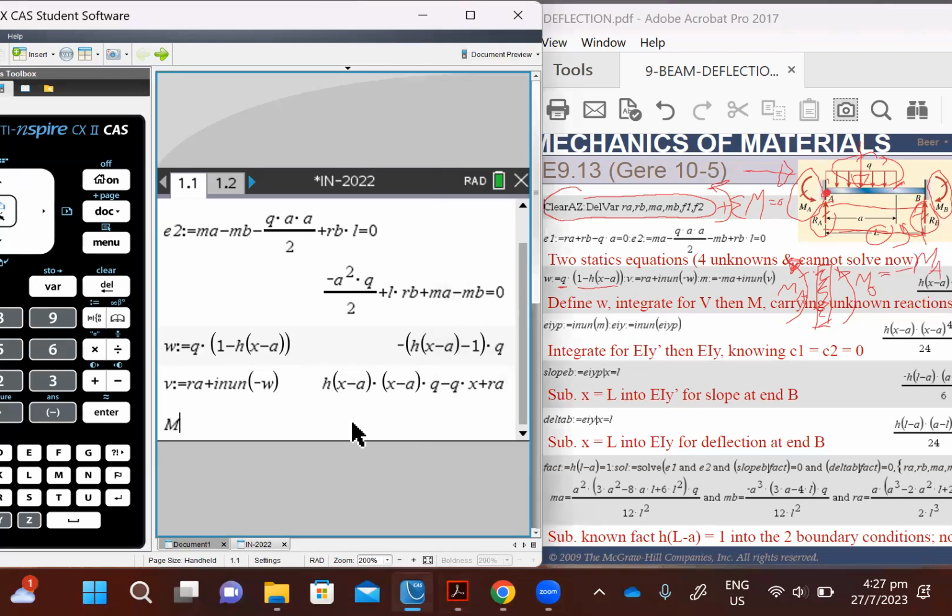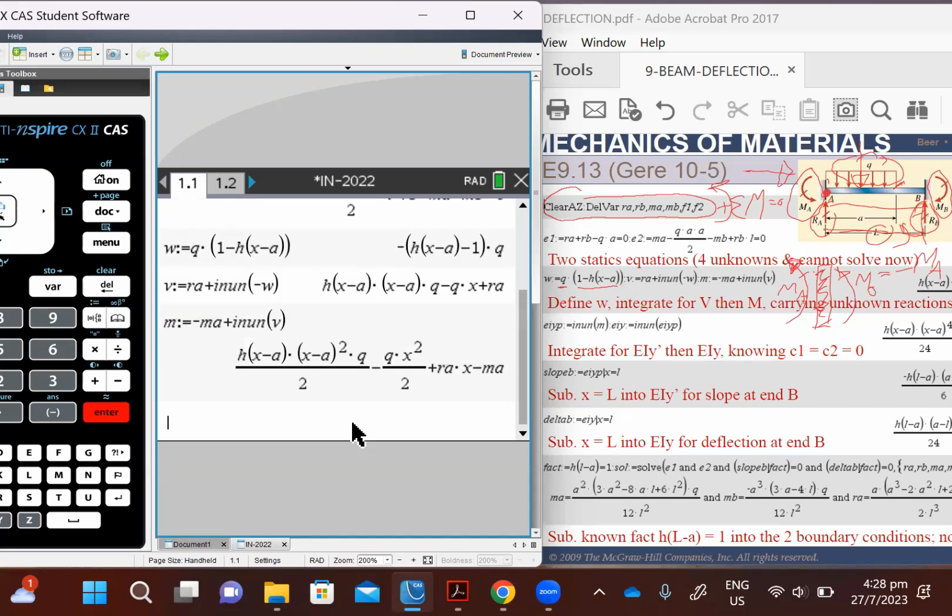So M is going to be its initial value, negative MA, okay, whatever it is. We still need to solve for the exact value of MA. But if MA is positive, then M0 is negative, okay. So the change in M when you go to a distance X is going to be given by the integral of V, which you can do using my calculator program. So that's M,